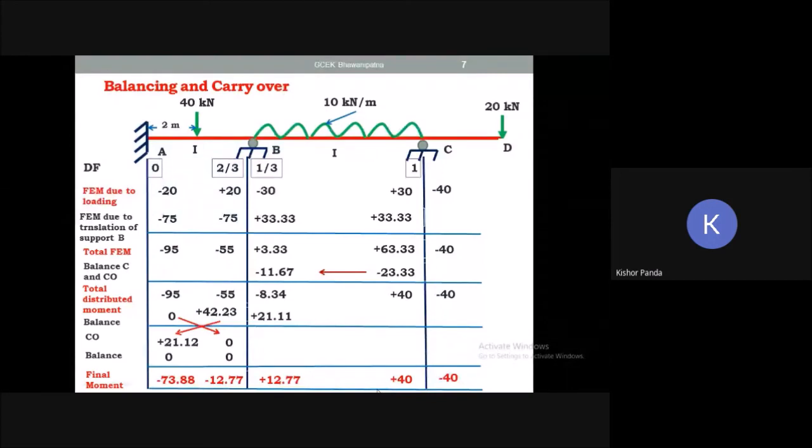Then also you can draw the shear force diagram. So for shear force, you have to take the individual span AB and the span BCD, and you have to find out the reaction at A and B, RA and RB1, and for BCD you have to find out the reaction RB2 and RC. Then after getting reactions RB1 and RB2, you have to find out the total reaction at B, RB1 plus RB2. Then after knowing the reactions RA, RB and RC, you can find out the shear force at different positions. Then you can draw the shear force diagram.